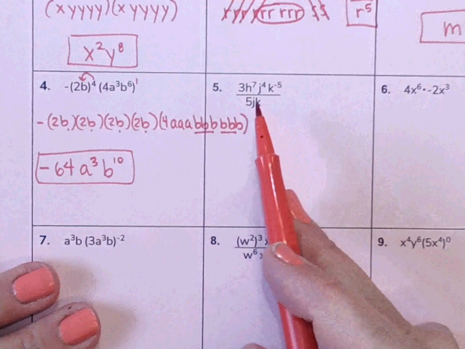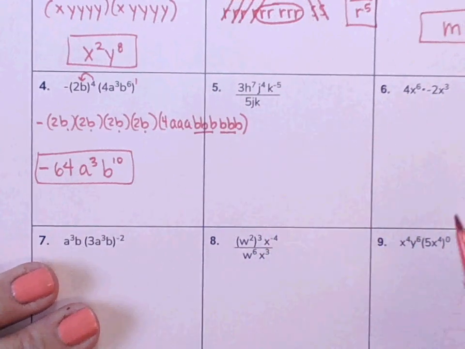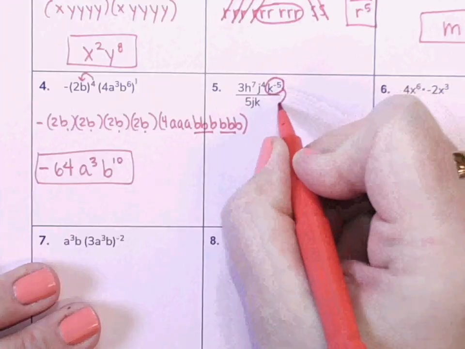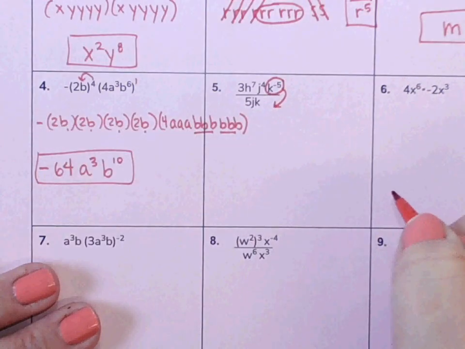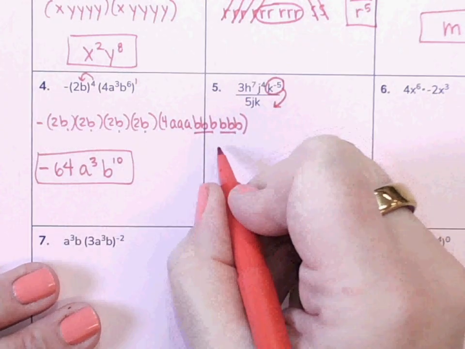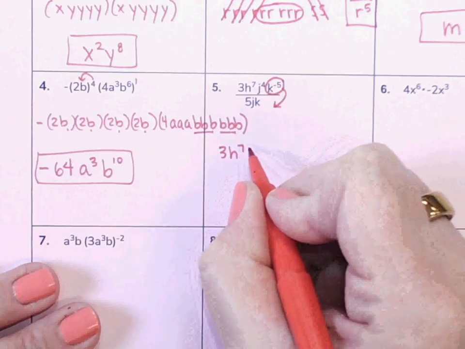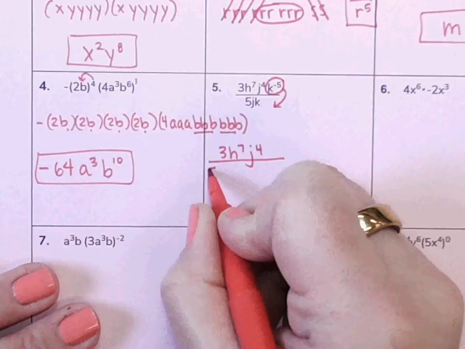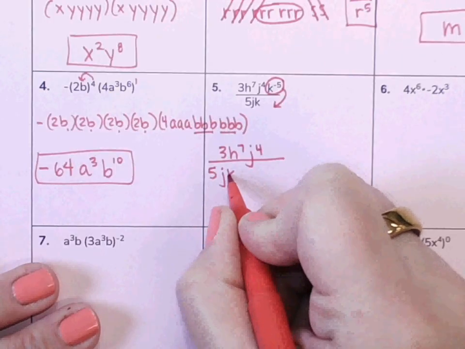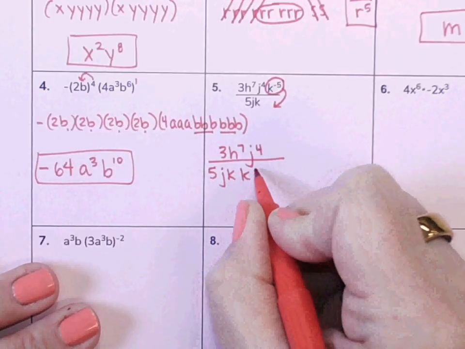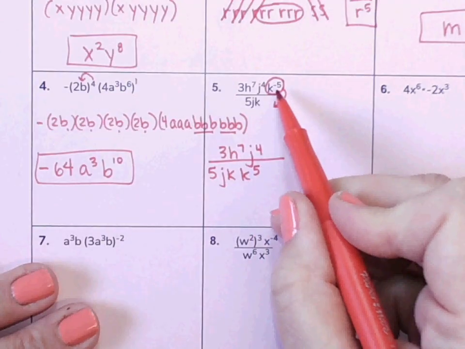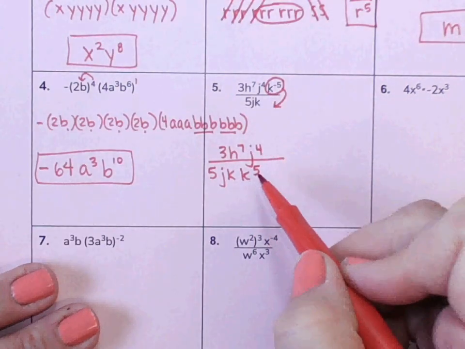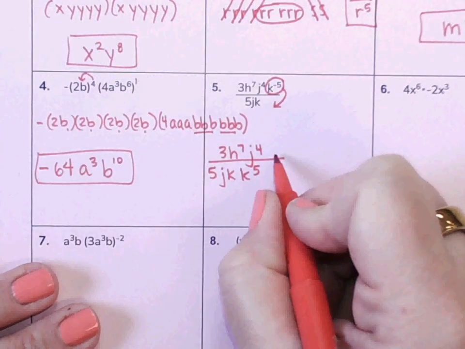For number 5, we don't want to deal with negative exponents. So I'm going to take this negative 5 and its base, and I'm going to move it to the opposite side of the fraction. So on top, I have 3h to the 7th times j to the 4th. On bottom, 5 times j times k, and now times k to the 5th. When this and its base move to the opposite side of the fraction, its sign changes. So if I rewrite this,